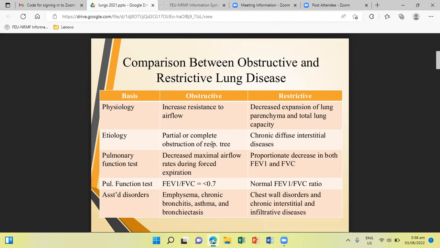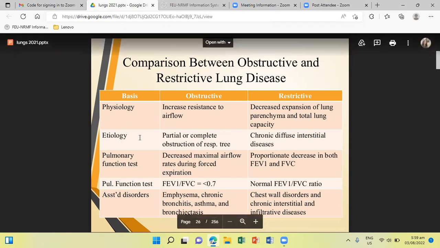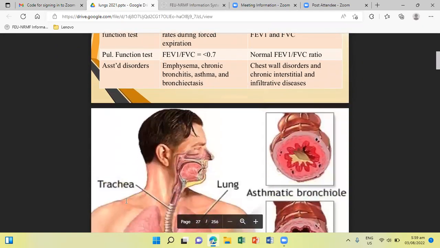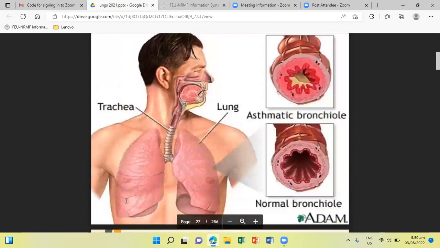And then, of course, it is a must that you have completed the history taking and physical examination. From there, you're able to deduce the etiology of the case. So do not forget history, PE, pulmonary function test, and try to look for associated disorders. Now, let us take a look at it again, this time discussing it in a more detailed manner.